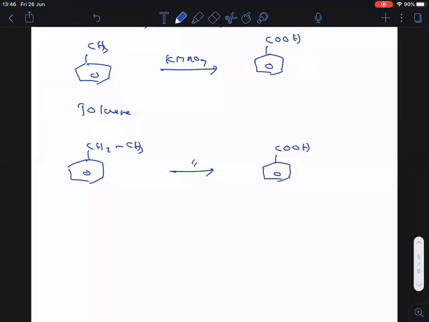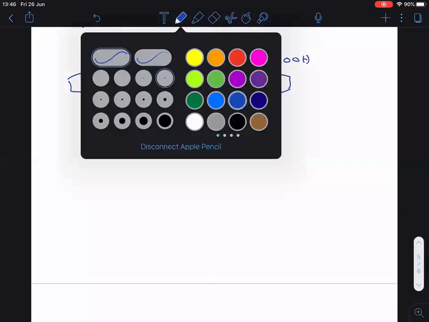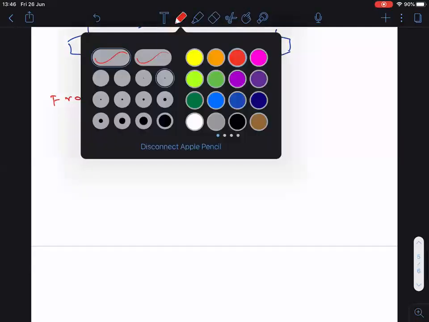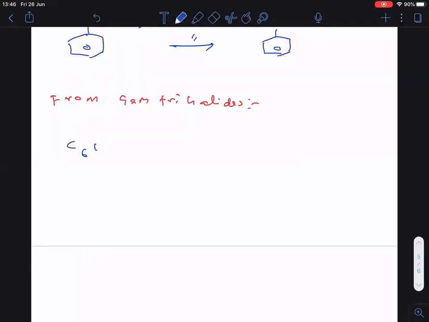Completed? Now, let me discuss the next preparation method, that is from gem trihalides. Gem means on the same carbon, 3 halogens should be there. This is the gem trihalide. Clear? This gem trihalide, when treated with OH minus,